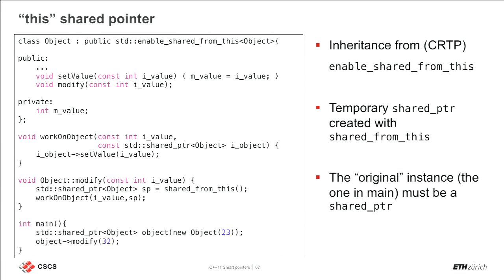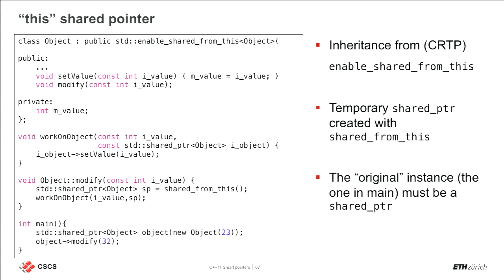This is the first difference, so you have to introduce this derivation. Then the second difference is that here, instead of manually creating the shared pointer, providing to the constructor this pointer, you're making a call to this shared from this, that is basically the same that you've seen in the Boost library. And then the last difference is that the original instance of the pointer in the